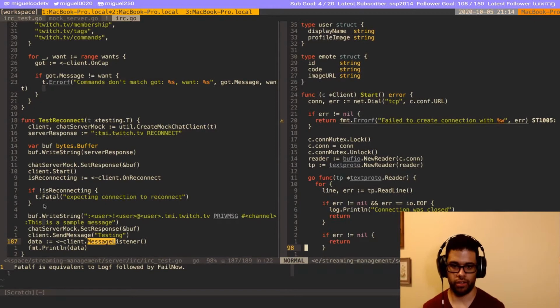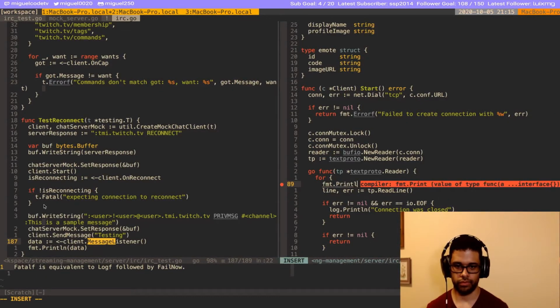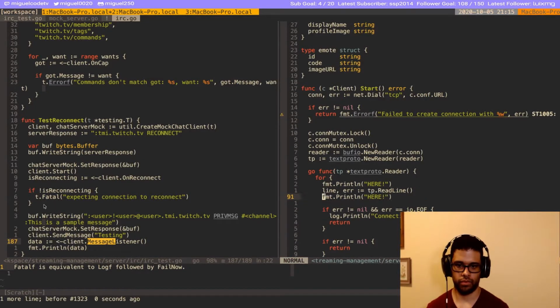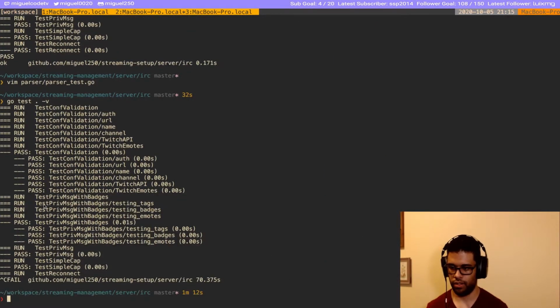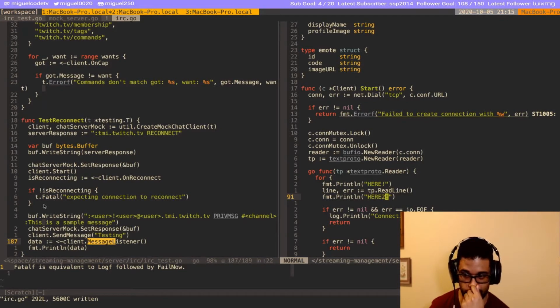Restore the reader. I'm going to store the reader. So I think it's blocking here. Yeah, it's blocking because it's waiting for a message, but it's not getting the message. Wait, why are you not getting the message?